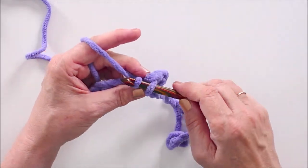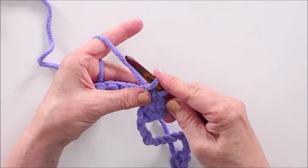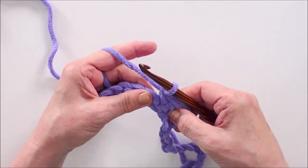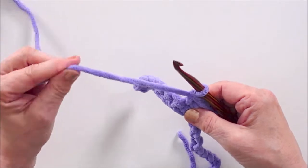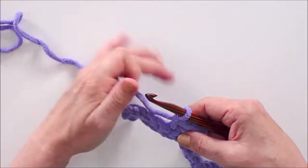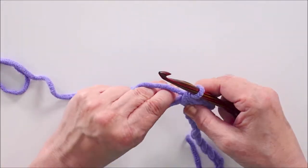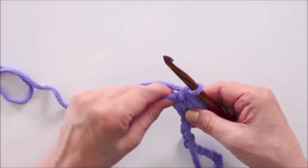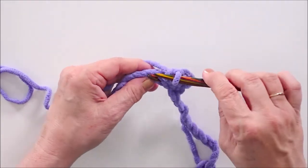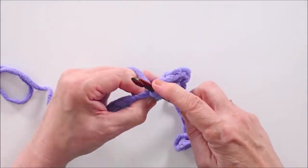Bring it through, back on the hook to the thumb grip, hold them, yarn over, through the 2. Now if you can't get to grips with holding the yarn over your index finger on your left hand, then you can hold it like this. So you're actually holding the work, but as long as you can lift the yarn either by using your middle finger to create